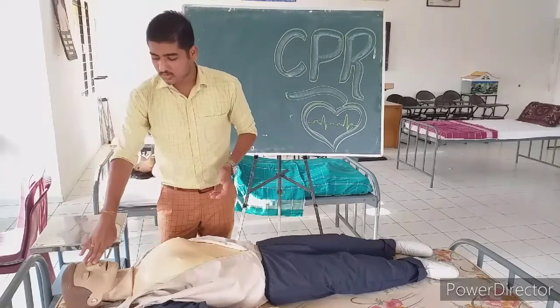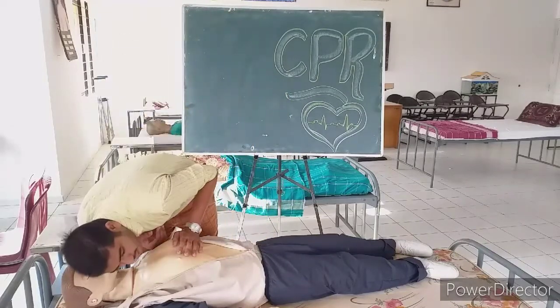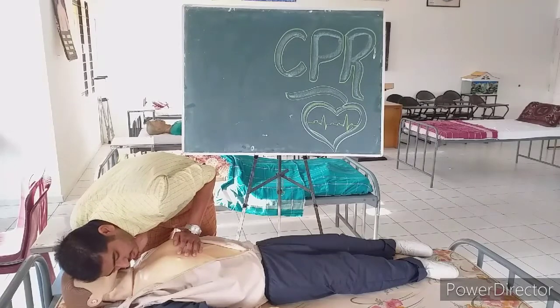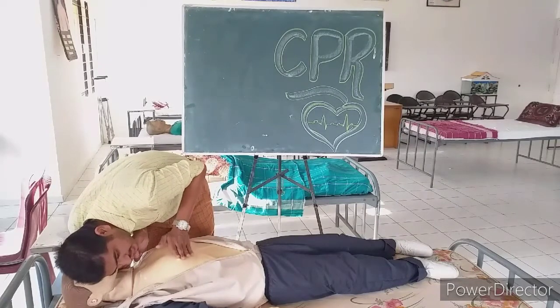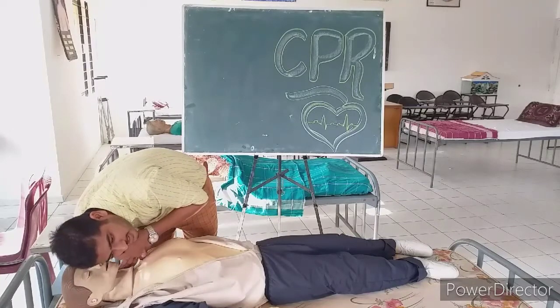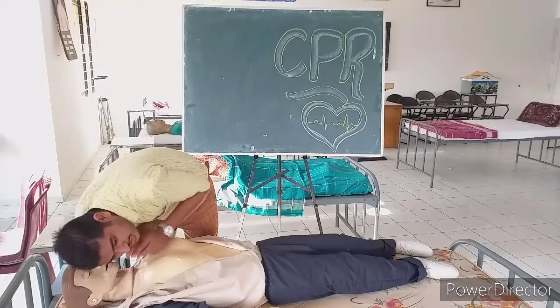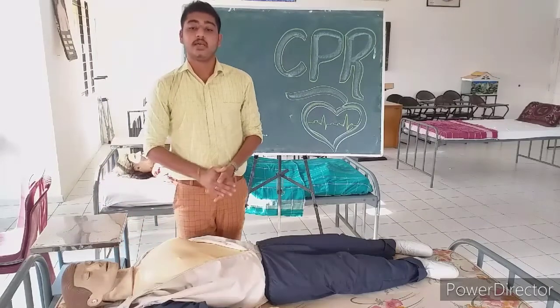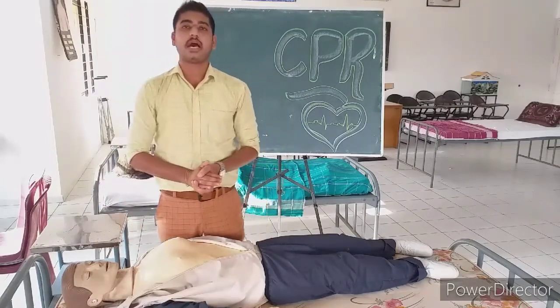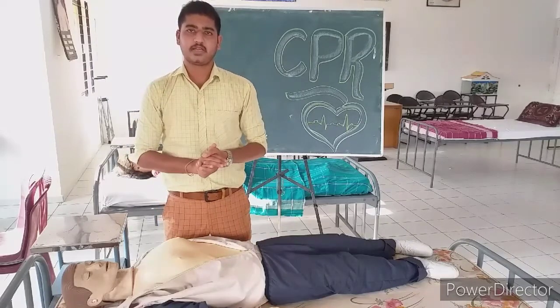Take your ear close to the patient's nose. Keep the 3 fingers on the carotid pulse and the eyes on the chest. Look for the rise and fall of the chest, listen for the breath sounds from the nose with your ears, and with the 3 fingers palpate for the carotid pulse. Okay? If these 3 things are also absent, everything is absent now, right?